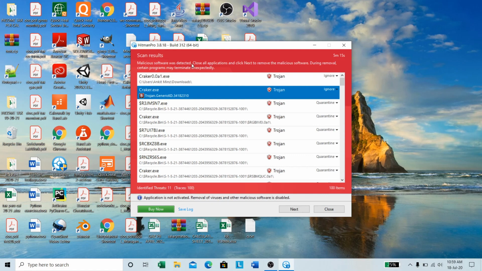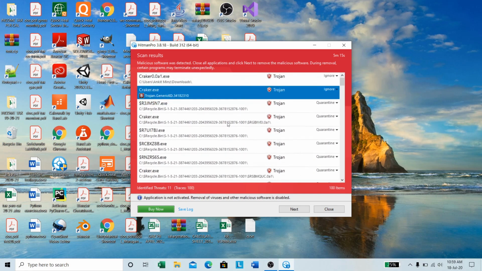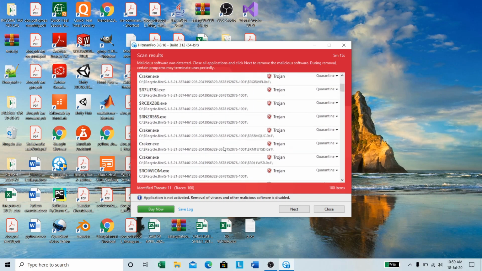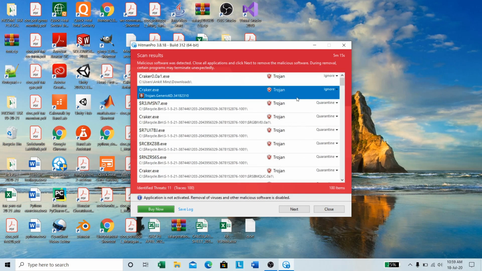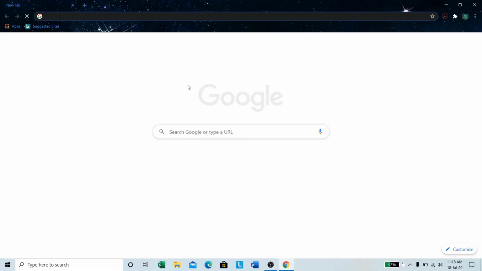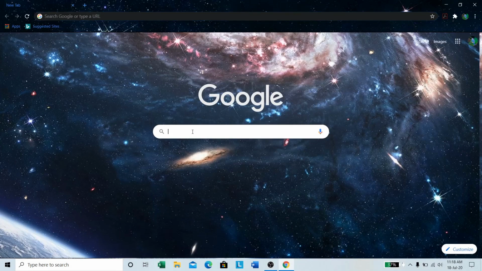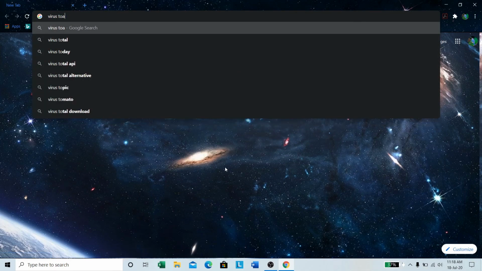Malicious software was detected, but it is not malicious. I just haven't set the publisher. That's why it is showing all these Trojan malicious stuff. Next, let's do one more scan with VirusTotal. Go to your browser, type in VirusTotal.